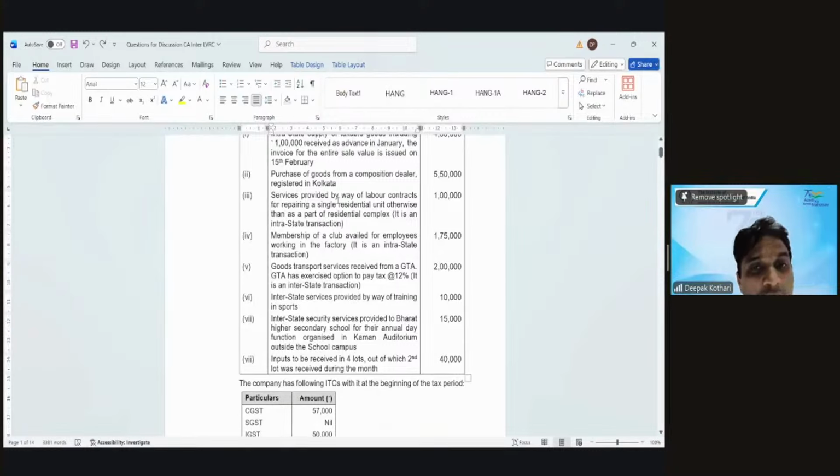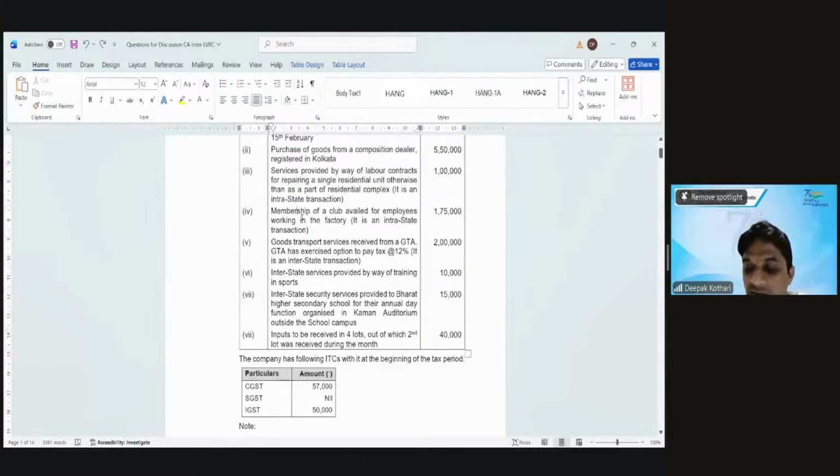Third one, it is block credit. Services by way of labor contractor for repairing a single residential unit, otherwise than as a part of a residential complex. It is an intrastate transaction. So you're saying the third one is a block credit. Okay. Fourth one,